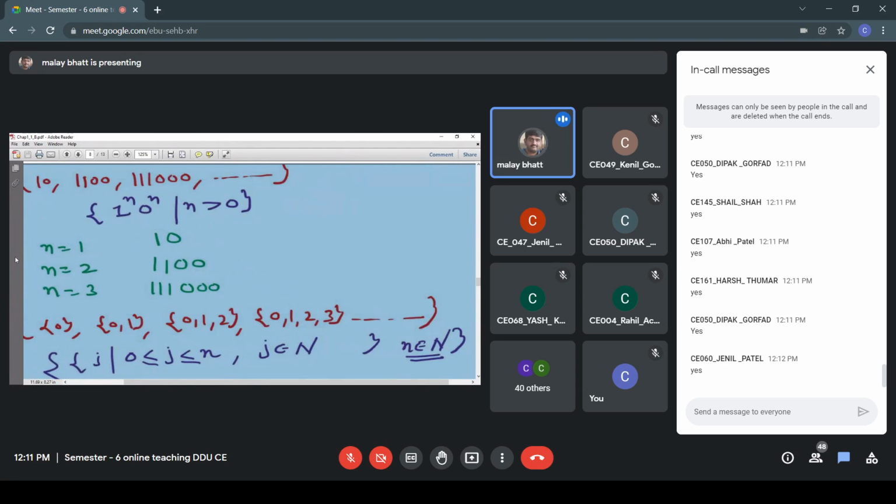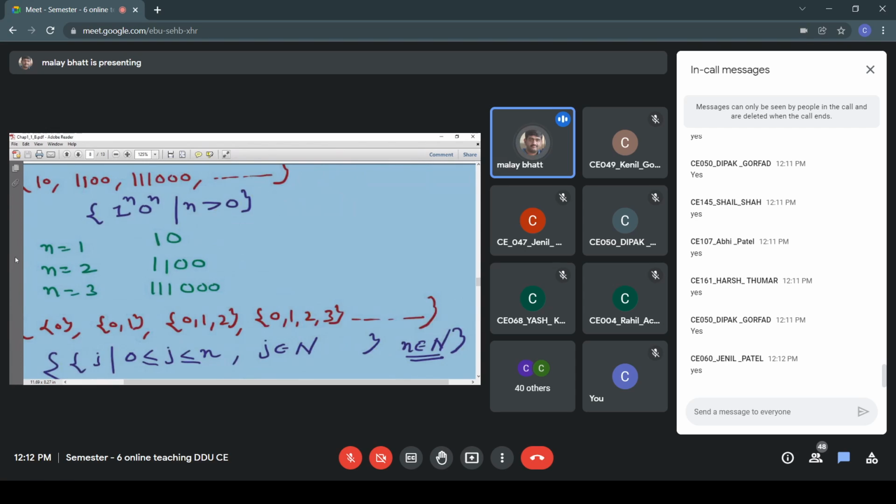You can see that we have an inner set and an outer set. So for this inner set, J, 0 is less than or equal to J less than or equal to n, and J belongs to N. It is showing the number of elements of the inner set, generating the elements from 0 to n. Why are we writing 0 to n here? Because every set starts with 0: {0}, then {0, 1}, then {0, 1, 2}, then {0, 1, 2, 3}. So it represents the inner set starting with 0, with 0 less than or equal to j less than or equal to n. Small n is the limit of the inner set.